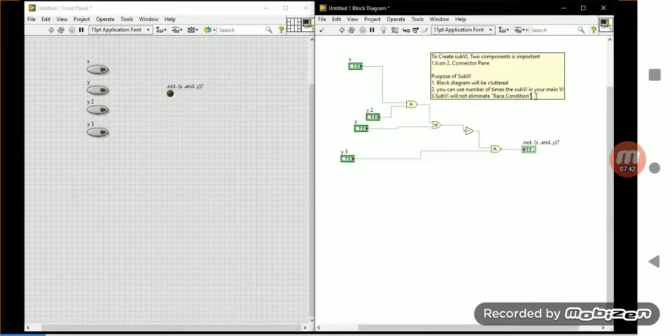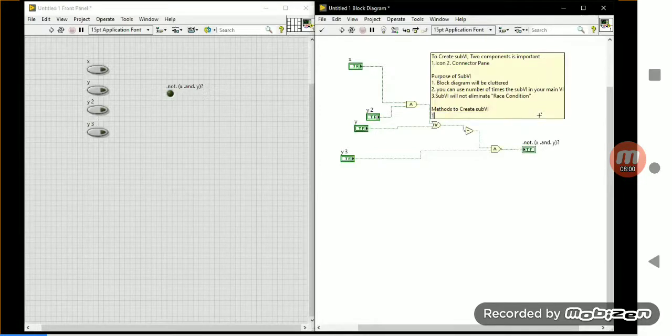Next, this is the purpose of using a sub-VI. And what are the methods available to create a sub-VI? Totally two methods are available.